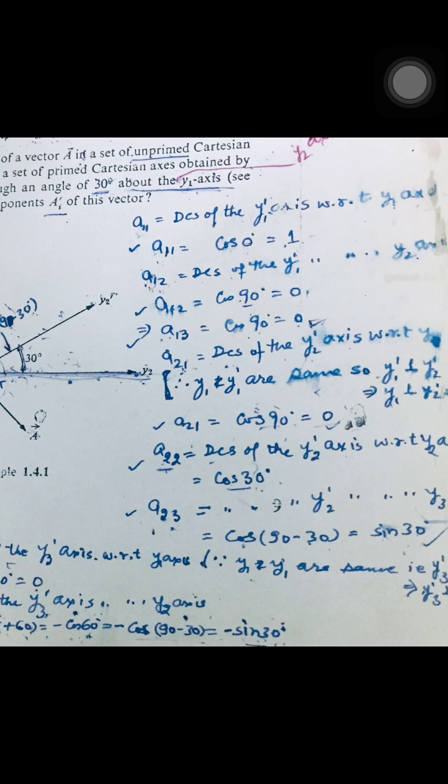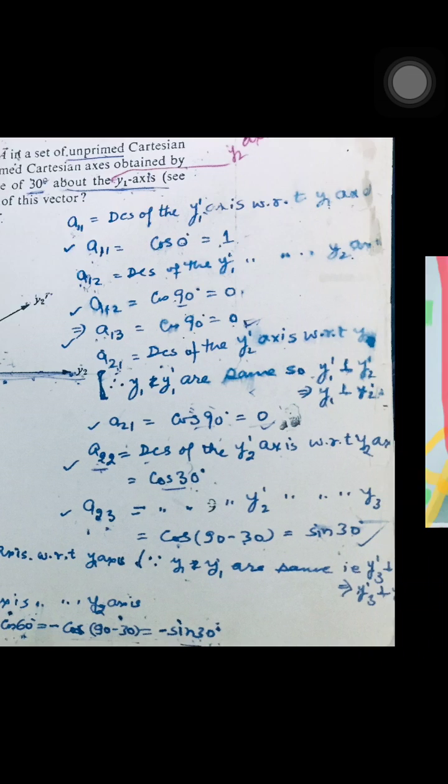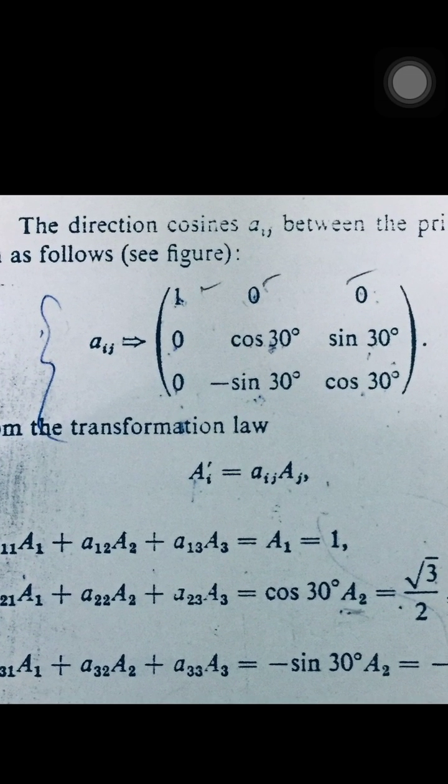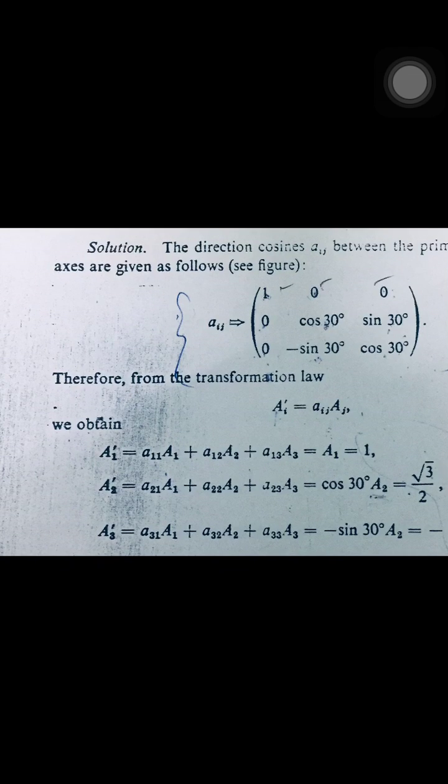Similarly, we take y3 dash with respect to y1, y2, y3 and we get the following tabular values of Aij: 1, 0, 0; 0, cos 30, sin 30; and 0, minus sin 30, cos 30. This is an important direction cosine set which we calculated, and we explained how we get it. Now by using the transformation law, Ai dash is nothing but Aij and Aj. After expanding these, we get